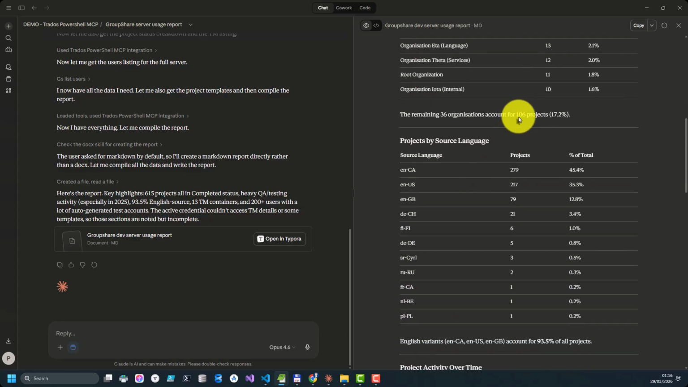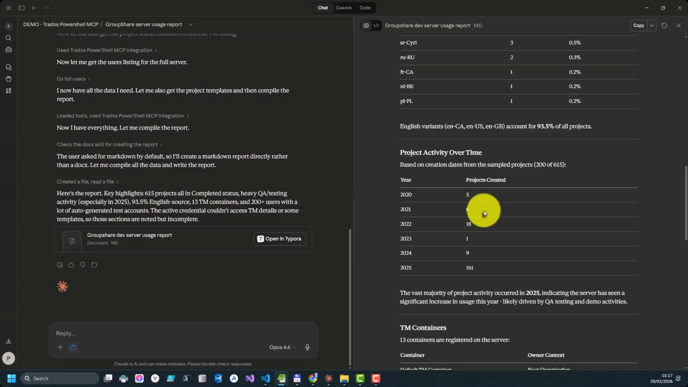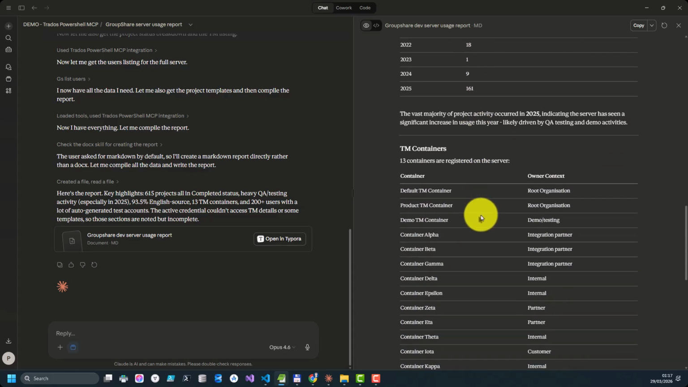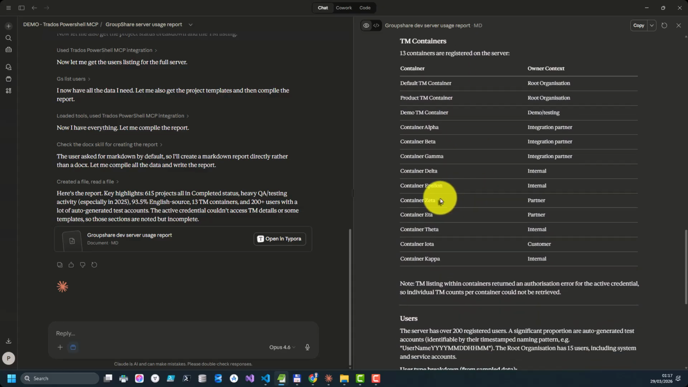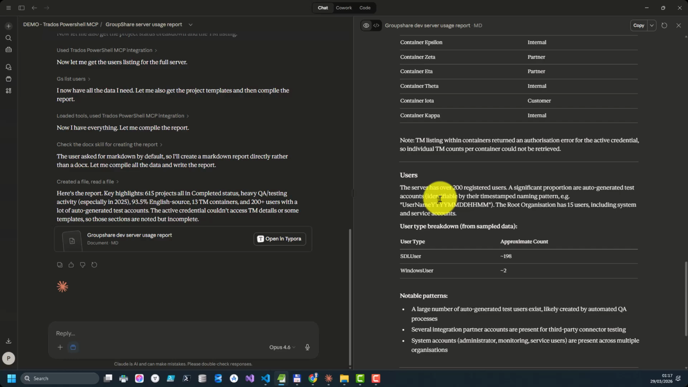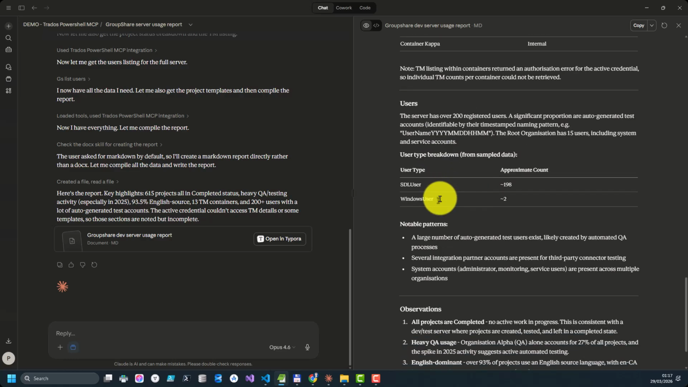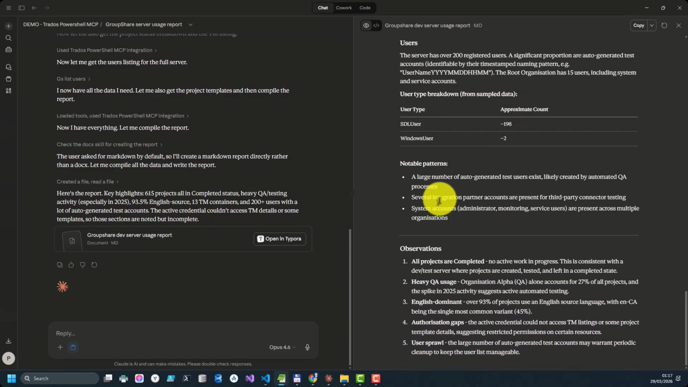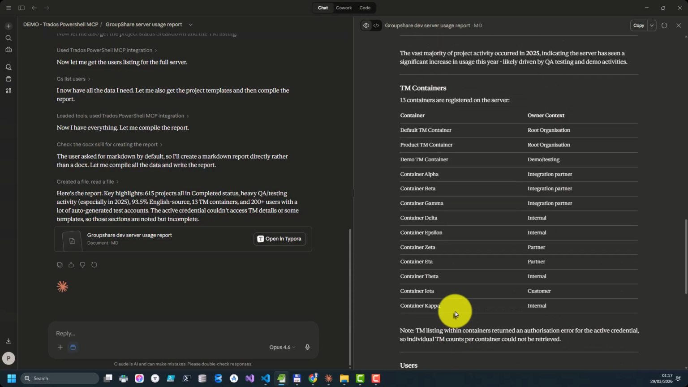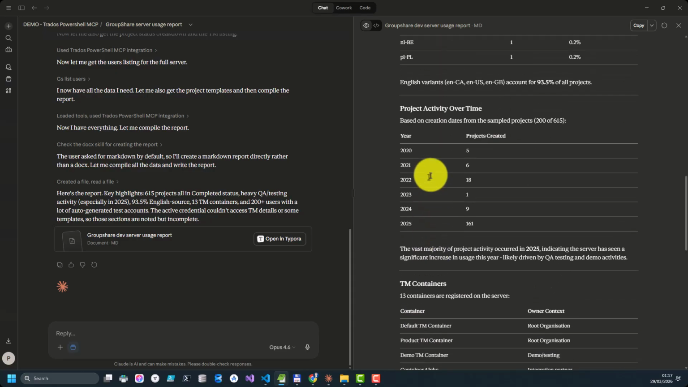So you can see how many projects by organization, which ones are doing the most active work, what language pairs are being used, or what languages are being used, activity over time, TM container names. And an interesting thing you'll find here is that you can't actually see very much from this because all of the names are anonymized. And that's another really important point which I want to